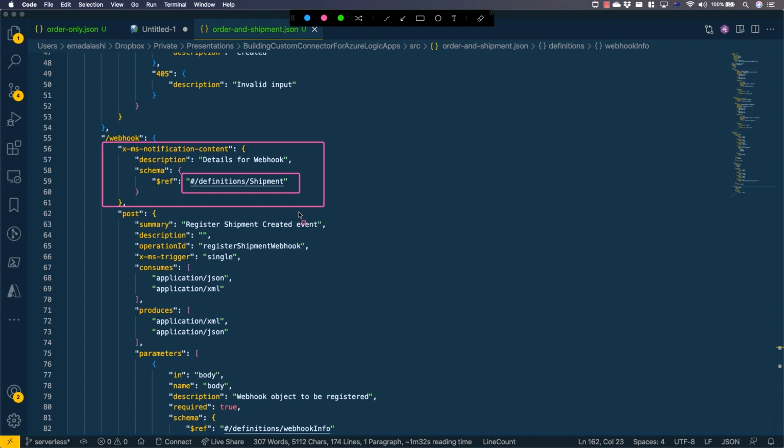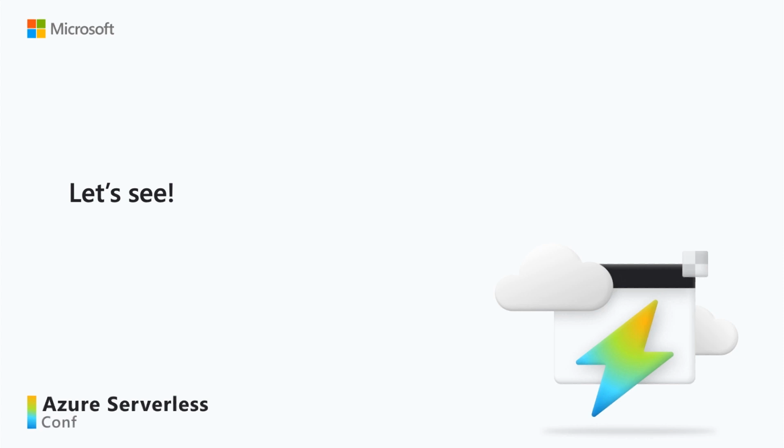The second thing that I wanted to bring your attention to is that, also from Microsoft, it declares that this endpoint is actually a trigger, and can be used as a Logic Apps trigger. All right, now that we are ready,